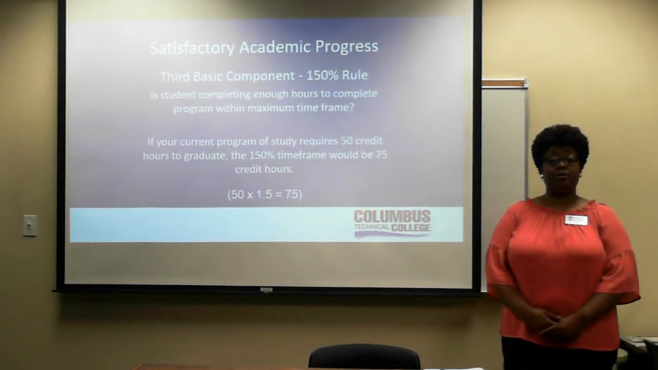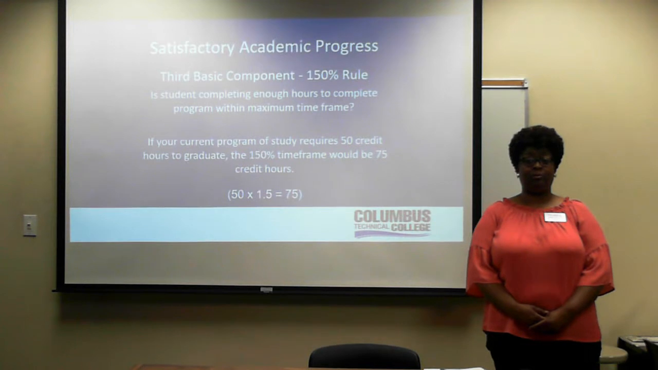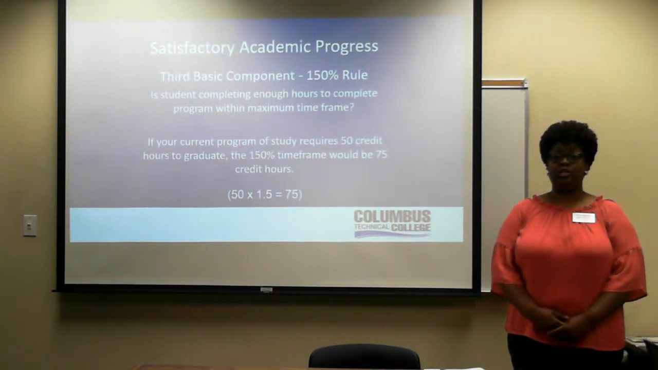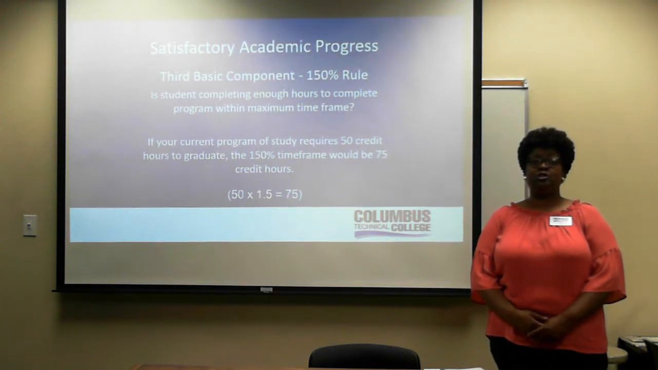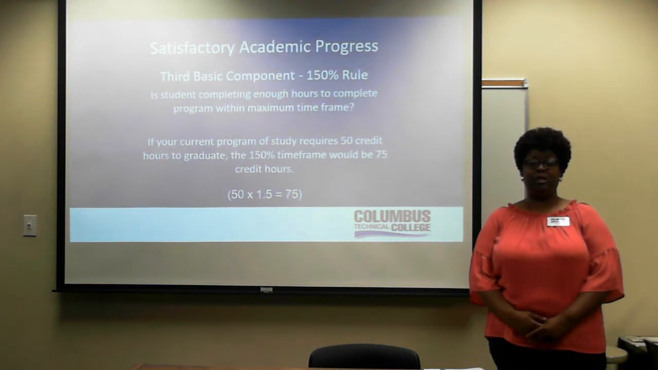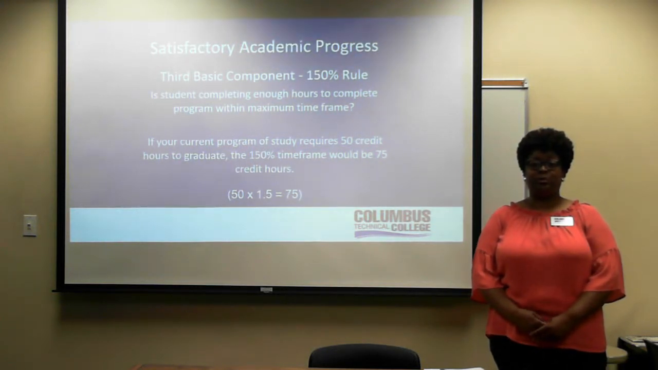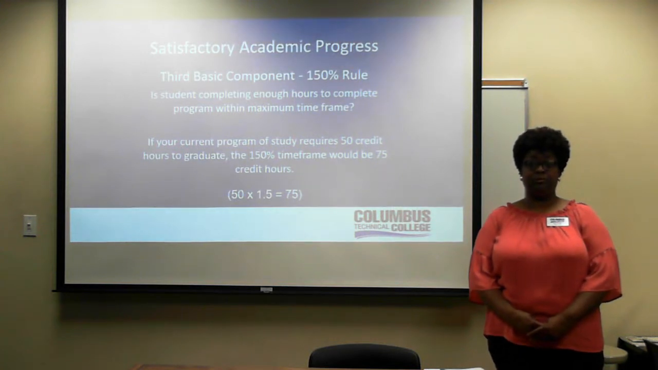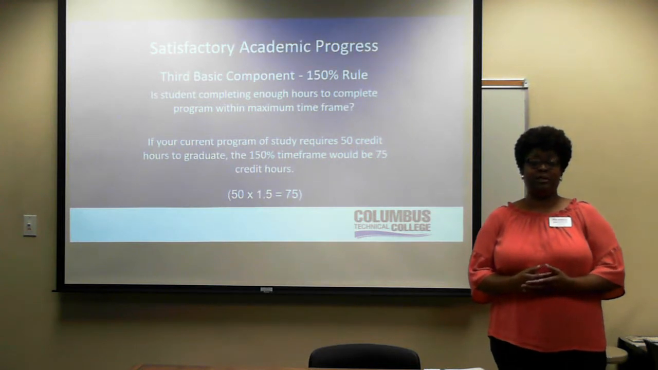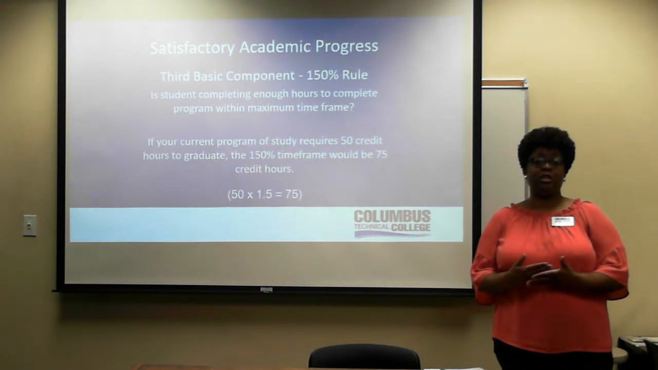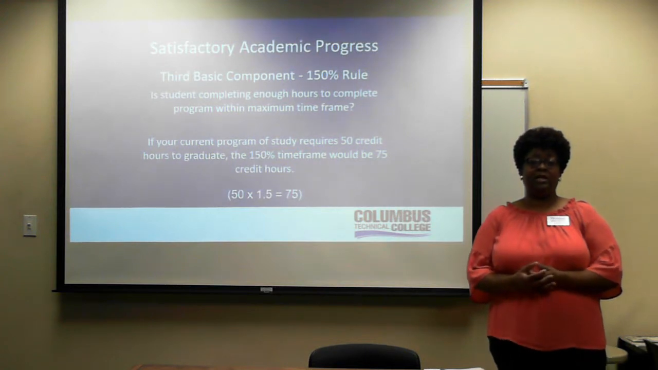The third basic component dealing with satisfactory academic progress, it's something that we call the 150% rule. So is the student completing enough hours to complete their program of study within the maximum time frame? So the best way for me to explain the 150% rule, if your program of study says you must complete 50 credit hours in order to graduate, then financial aid is going to give you 75 credit hours of financial